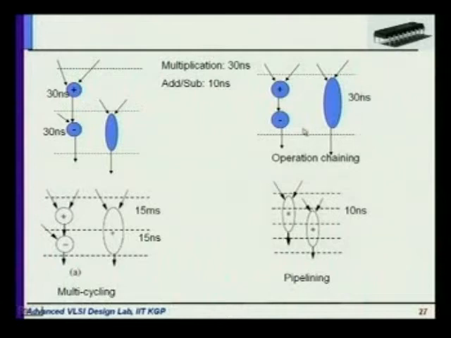The next option is operation chaining. Here, the clock period is set corresponding to the function unit that takes less time, and this is just the reverse of that. You will set your clock period equivalent to the function unit that takes the higher time. So you set your clock period to 30 nanoseconds, and within that same clock you will execute both of the operations. That means your data path will be designed so that the result of that function unit can be directly fed to the input of the next function unit.